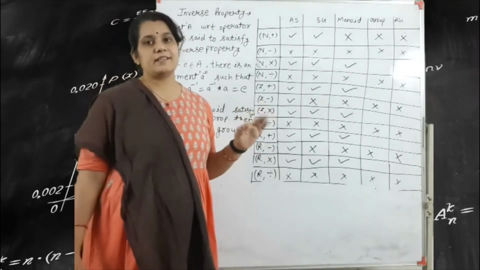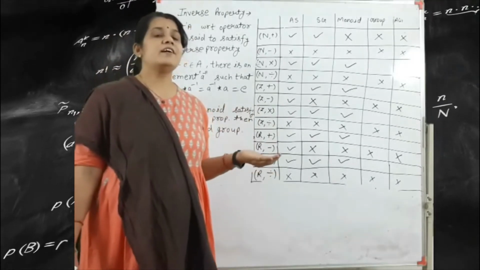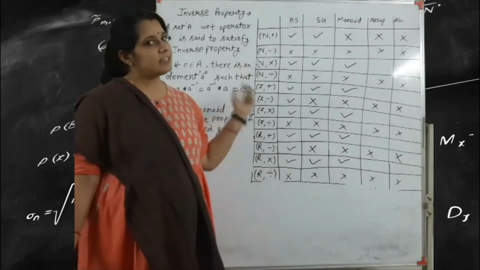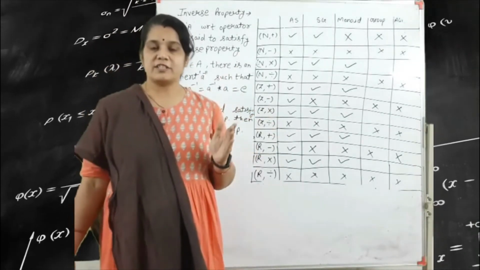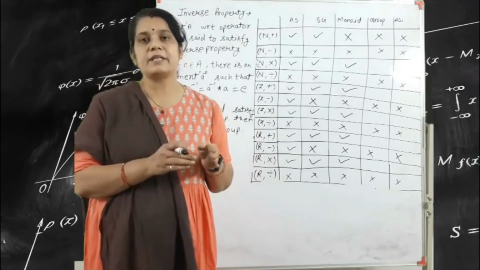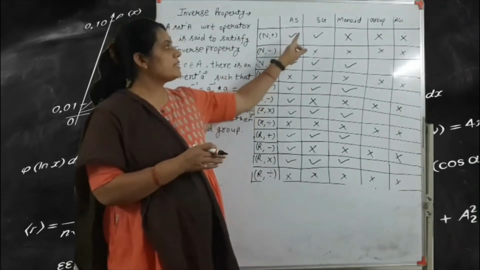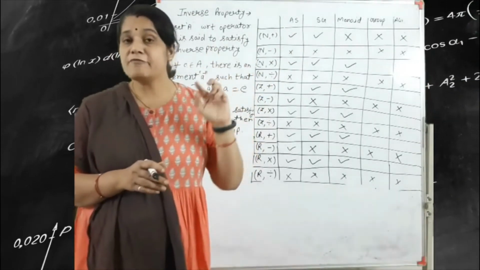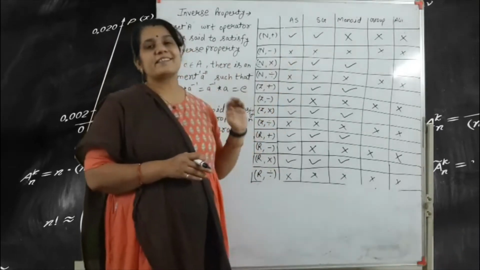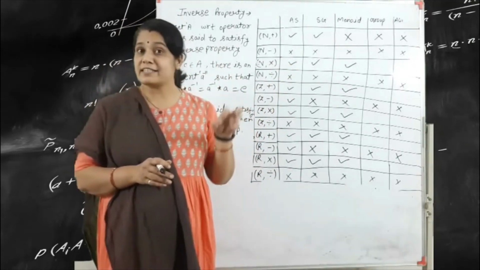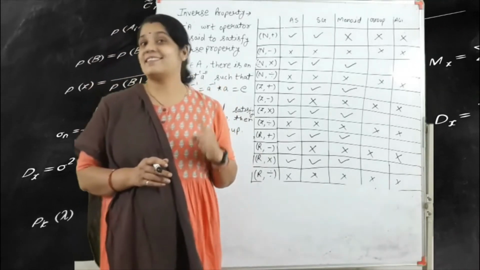So why do we write monoid here? Because monoid means identity property, and in the monoid we write the semigroup, and in the semigroup we write the algebraic structure. That means if it satisfies the algebraic structure and the associative property, then we can say that this is a semigroup. If it satisfies the semigroup and the identity property, then this is a monoid. And if it satisfies the monoid and the inverse property, then we can say that this is a group.